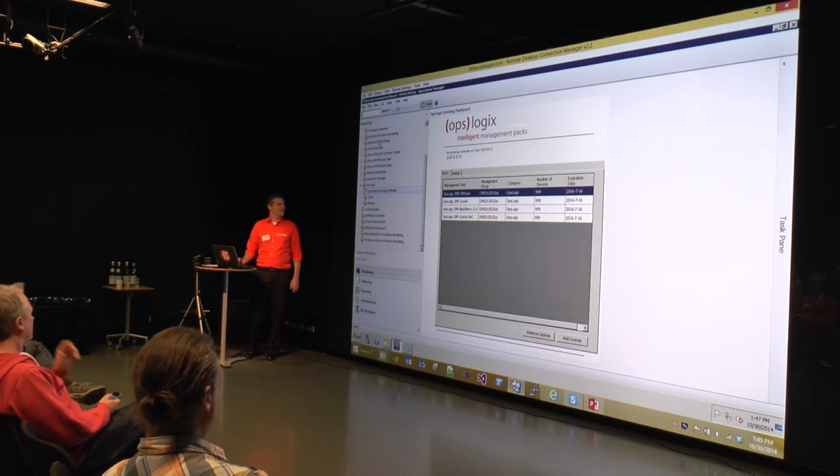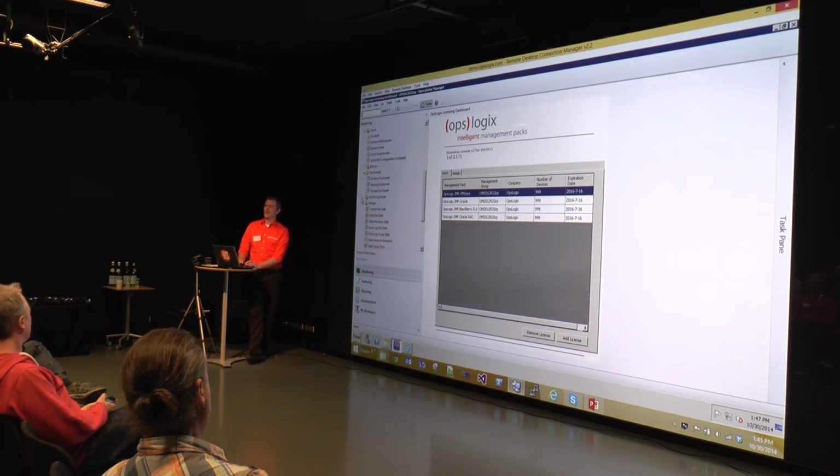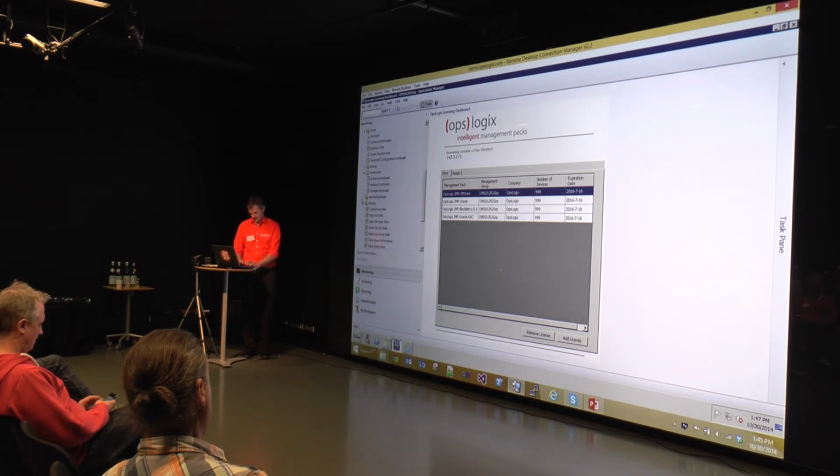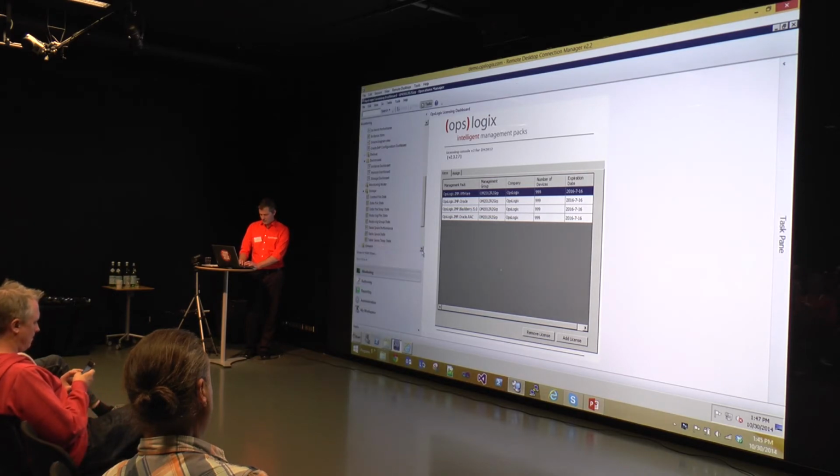Okay, so first I'd like to give you a small demo on the Oracle Management Pack. Basically, all our management packs are designed so that you only have to import the management pack and that's it. You never have to install any third party or any other installer or runner or something. All the components are contained in the management pack itself. So when we go to the Oracle Management Pack,